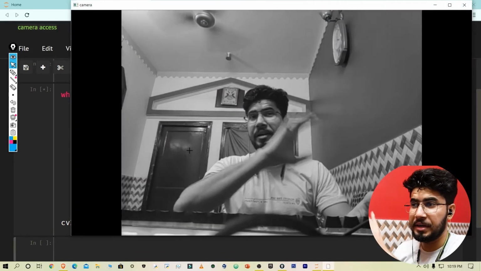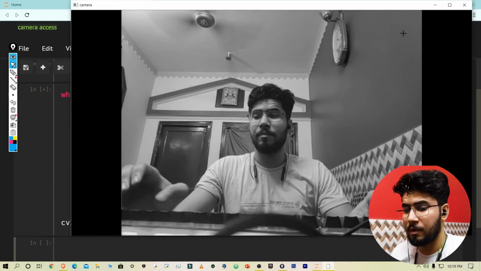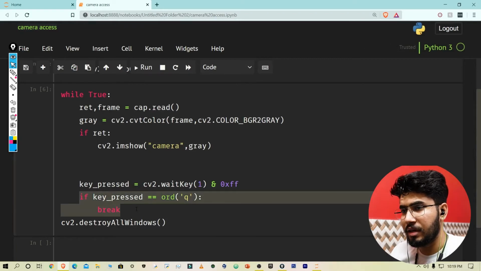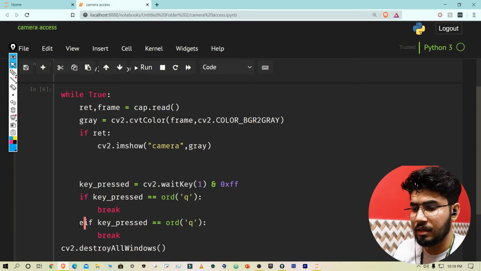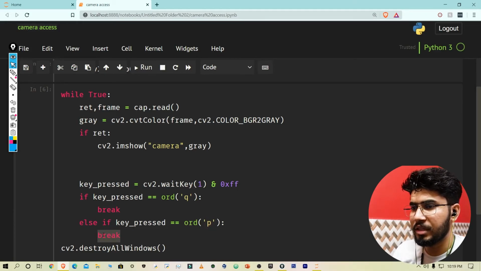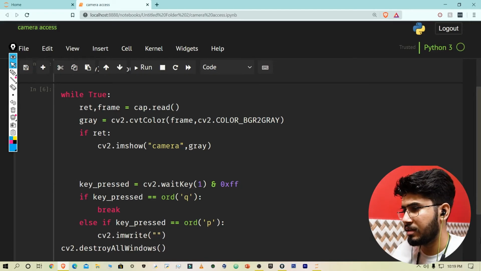So as you can see, now it is a grayscale image, and you can also make it a camera app, a very basic camera app. So what we can do is say, okay, if the pressed button, let's say else, the pressed button is P for print. So what we are going to do, we are going to save our image. So cv2 dot imwrite, and here I need to give my desktop address.